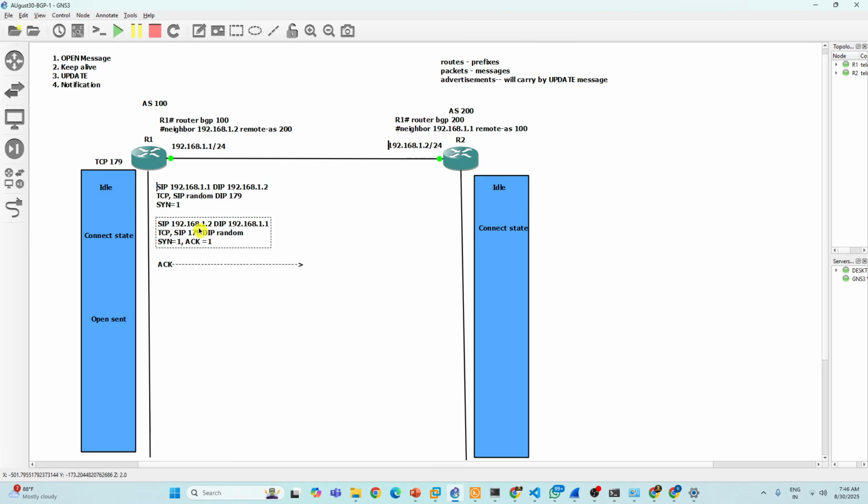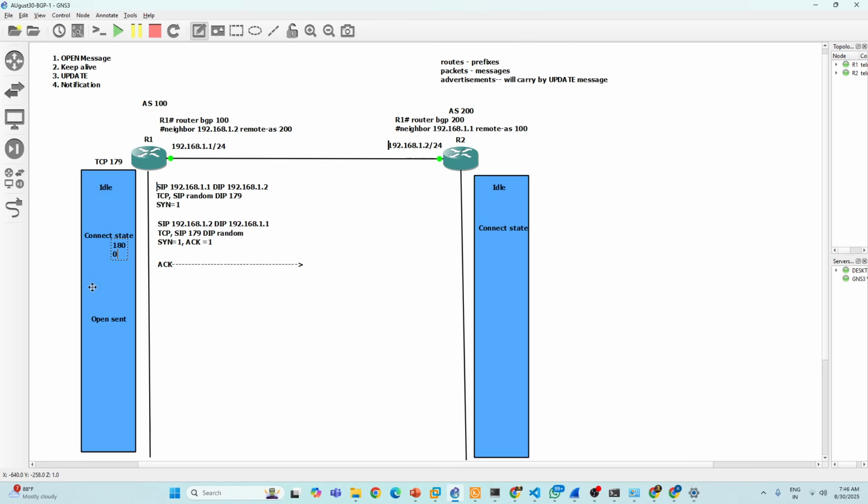If it is not receiving SYN-ACK, it will stay stuck in connect state for how many minutes? 180 seconds, 3 minutes. This is the connection timeout value. It will wait for 180 seconds. Still if it is not receiving any SYN-ACK, it will reset its connect timer, which means it will start from zero again.